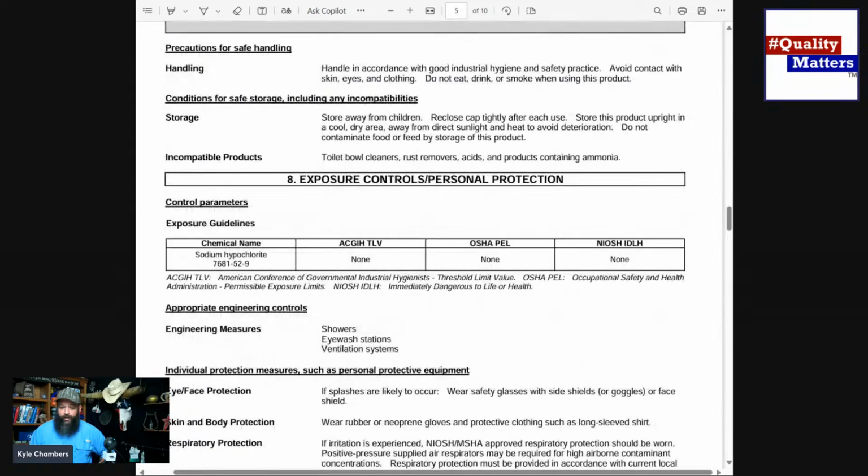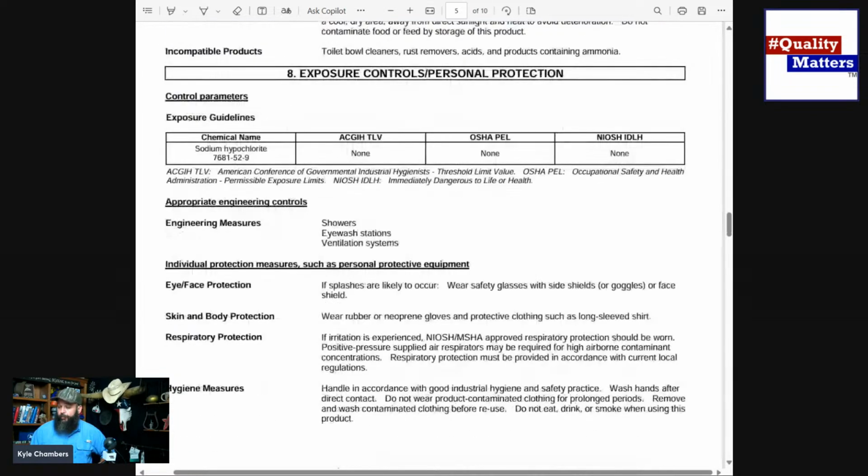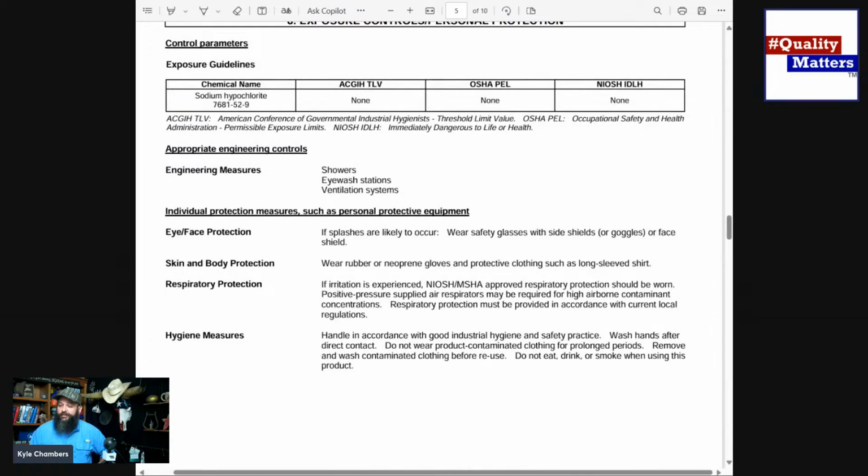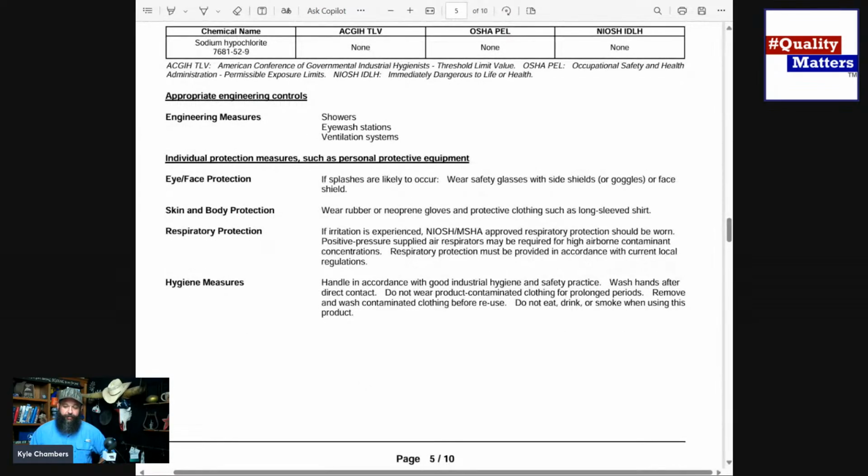Then we move on to exposure control and personal protection. Okay, so this tells us the exact chemical name, sodium hypochlorite. All right. But this is going to give us all the more technical information that we need, including hygiene measures, respiratory, skin and body, eye and face, a little bit of regurgitation of what we had before, but getting a little more detailed.